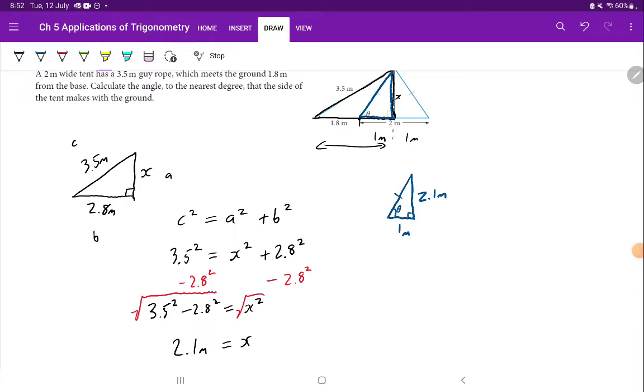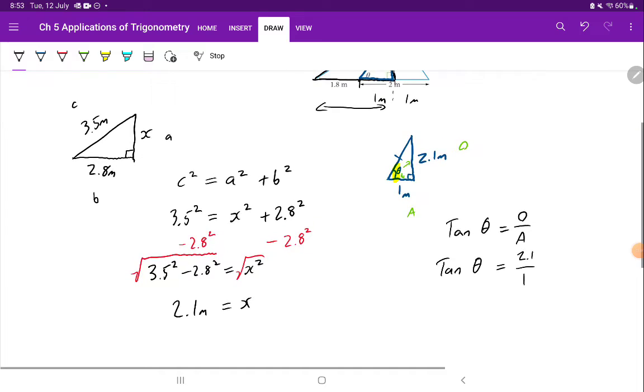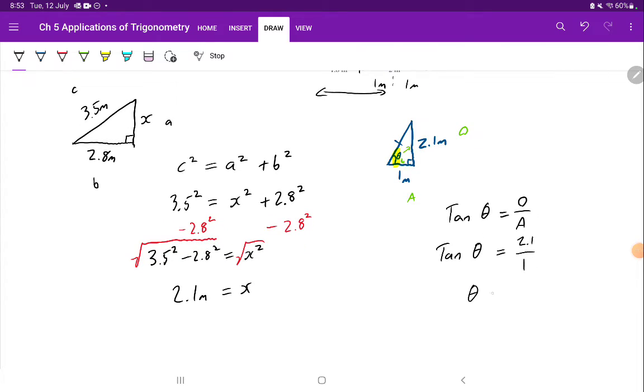And we want to work out an angle. This angle has the relationship that this one over here is the opposite, and this one down here is the adjacent. So we're going to be using TOA, tan. So tan theta equals opposite over adjacent. Substitute everything we know in. Tan theta is equal to opposite 2.1 over adjacent 1. But we want to find theta, so we're going to move tan to the other side, and when we do, it becomes tan negative 1 of 2.1 over 1, which is equal to